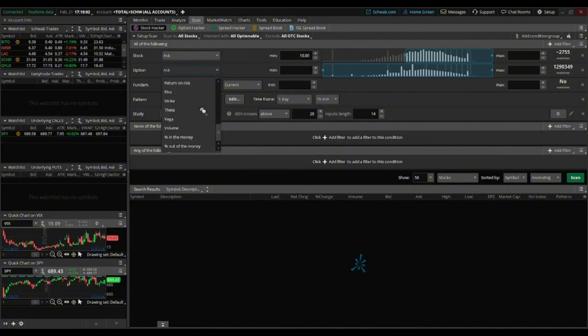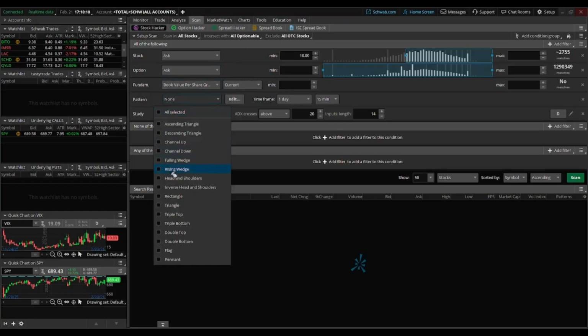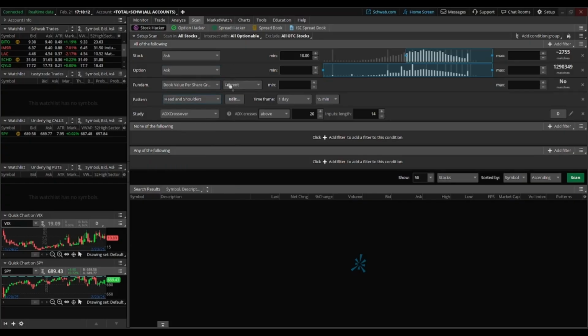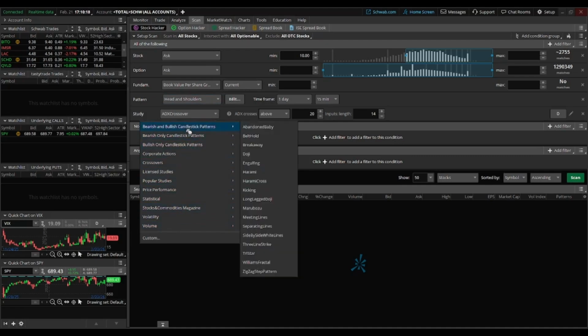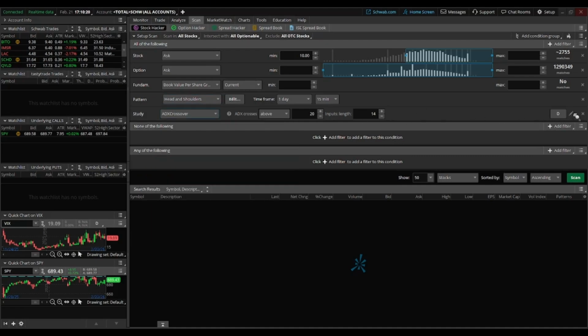Fundamental filters cover corporate data. Pattern filters find chart patterns like triangles, wedges, or head and shoulders. Study filters scan based on technical indicators. As you modify the filters, Thinkorswim shows how many symbols match your criteria. Your filters work in conditional groups. All of the following requires symbols to meet every condition. None of the following excludes symbols that meet any condition, and any of the following includes symbols that meet at